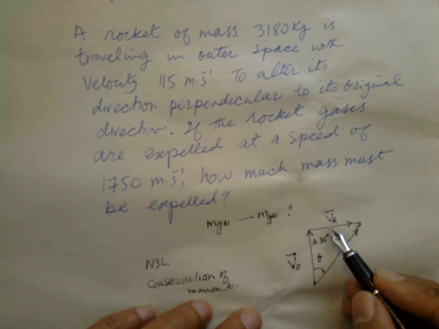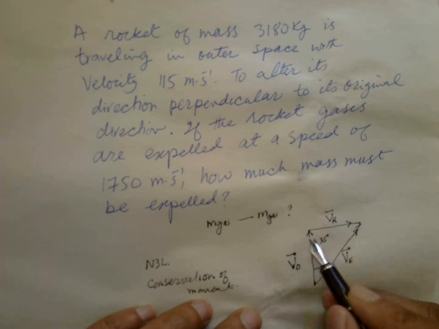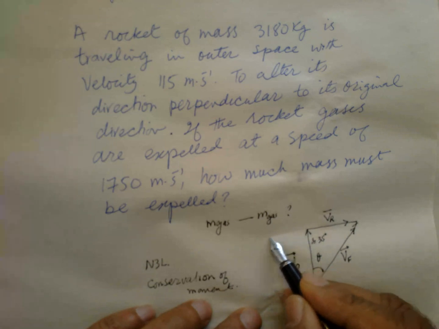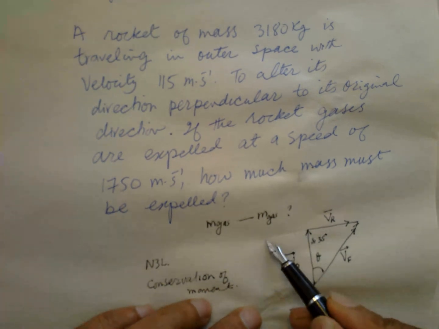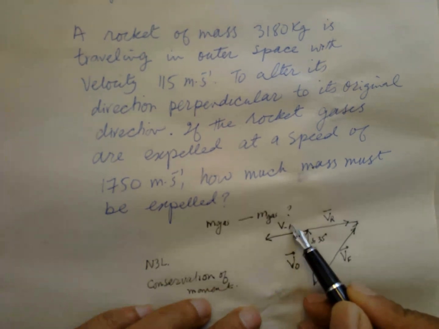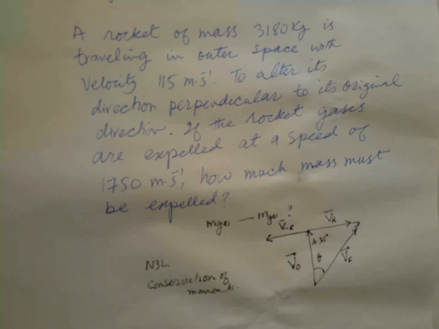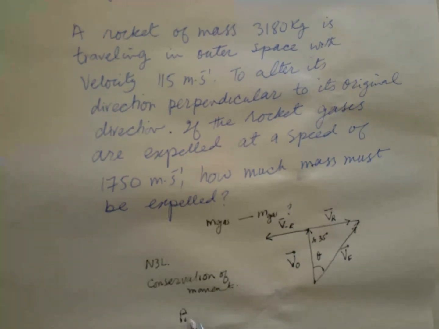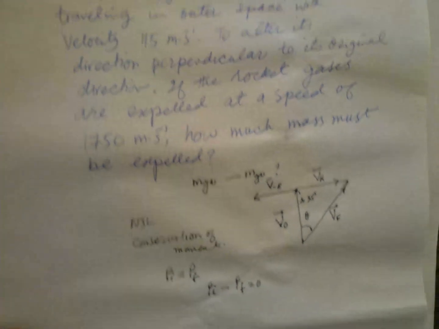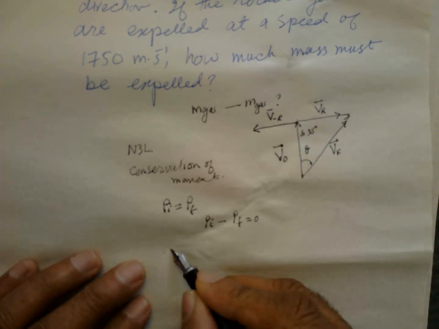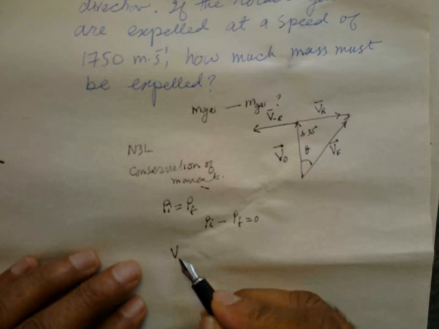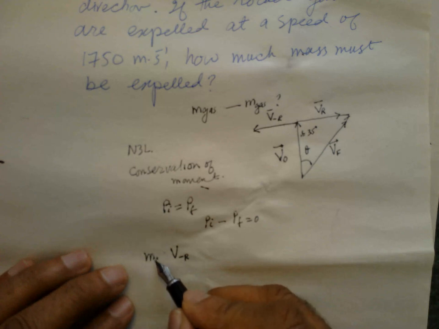Suppose a mass m with velocity moving this direction. So in order to conserve, the same mass has to be gone in this direction as well. So momentum initial is equal to momentum final, or Pi minus Pf is equal to 0. So this one, the gas mass, is v minus r velocity, and m of the gas,